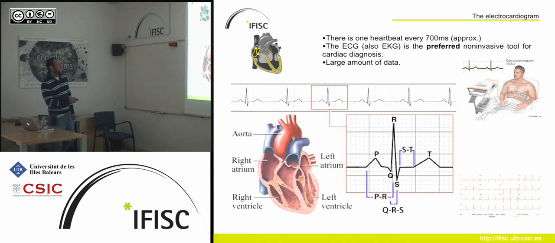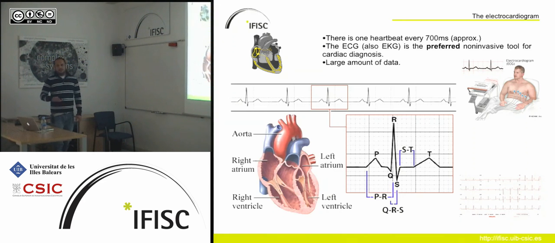Before the other example, let me explain the main landmarks of a normal heartbeat, as written here. We have a P wave that is due to the depolarization of the atria. When they contract, we get this peak over here. After that, we have what is named the QRS complex, which is due to the depolarization of the ventricles when they contract again. We don't see the repolarization of the atria, but we do see the repolarization of the ventricles in the T wave.